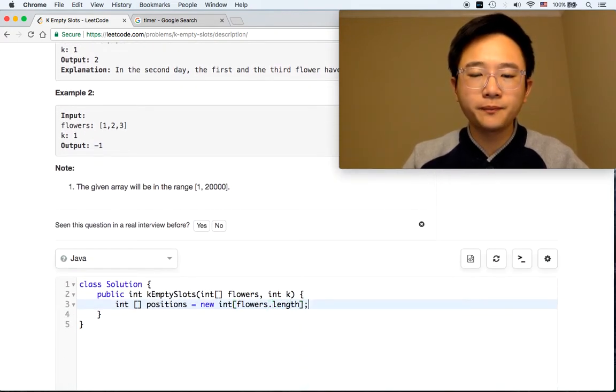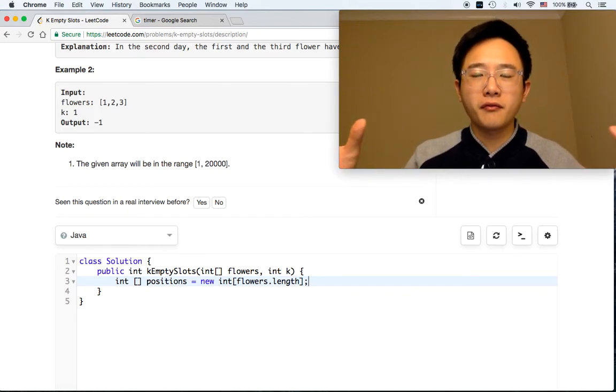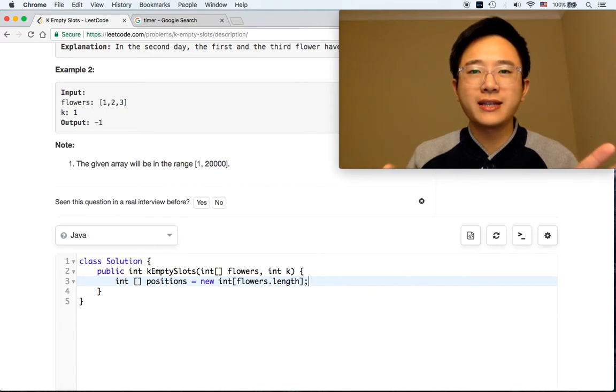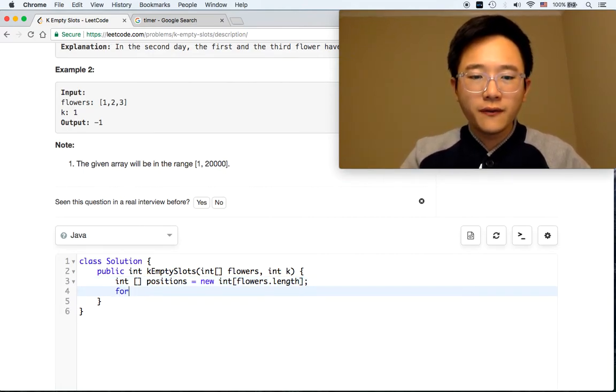Okay, now what do we want to do with this? Since this is a visual physical representation of the slots, we need to create a subarray whose length is k, right? Because first of all, we are going to create, we're going to populate